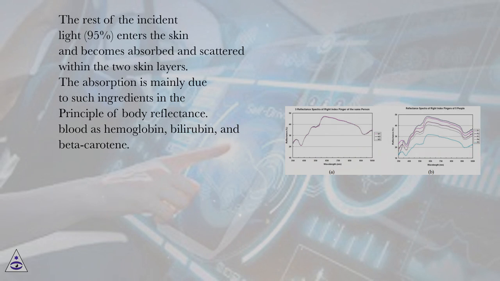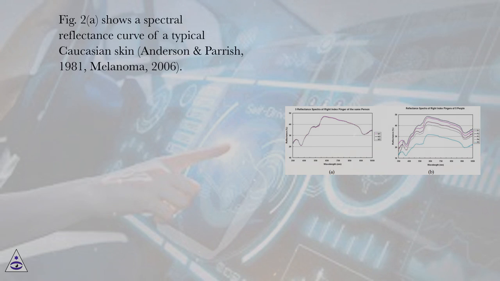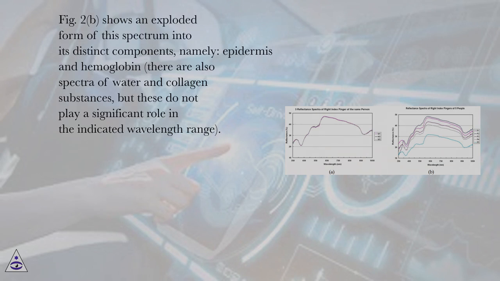Blood as hemoglobin, bilirubin, and beta-carotene. Figure 2a shows a spectral reflectance curve of a typical Caucasian skin (Anderson and Parrish, 1981; melanoma, 2006). Figure 2b shows an exploded form of this spectrum into its distinct components, namely, epidermis and hemoglobin. There are also spectra of water and collagen substances, but these do not play a significant role in the indicated